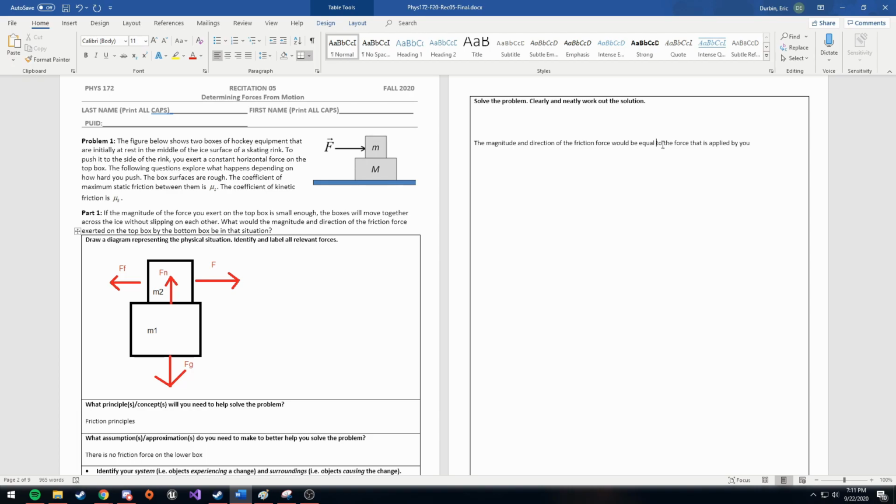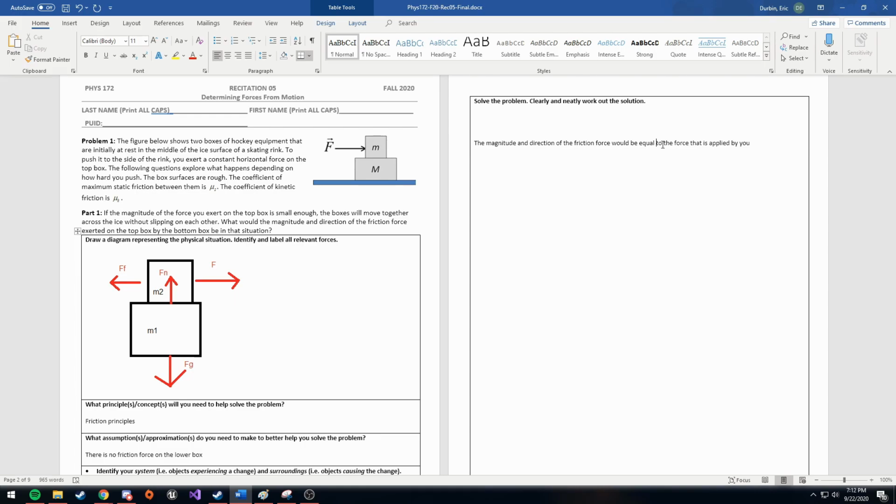There's a contradiction there. I think the friction force is relative, and it depends on which box you're observing. If you're observing the top box, then you are correct that the friction force would be acting against the force being applied. But since we are focused on the bottom box, which maybe is our system, the only force being applied to the bottom box is the friction force, and the boxes would move forward together. Sorry, this is hurting my brain. Hold on. No, I'm with you, Eric, on this one.